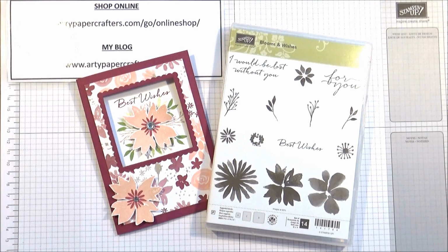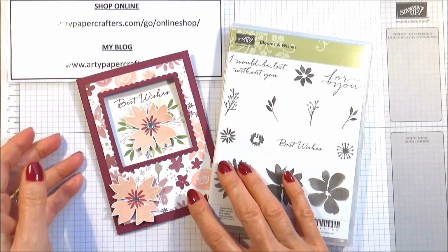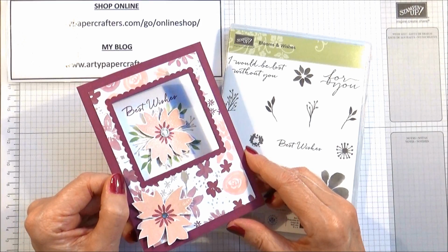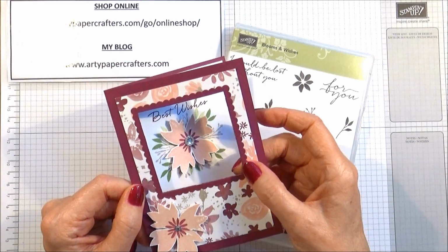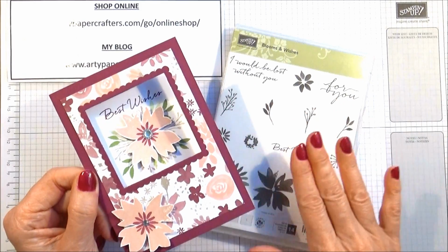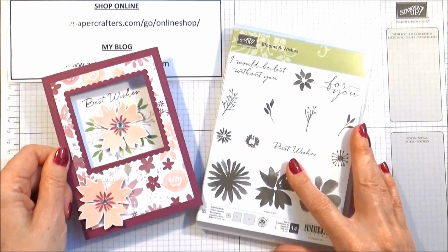I'm Sandra at artypapercrafters.com, and today my tutorial that I'm sharing with you is for this gorgeous little card, and I'm really rather chuffed with it myself. I sat and had a play with my layering squares framelit dies, and this came about because at the